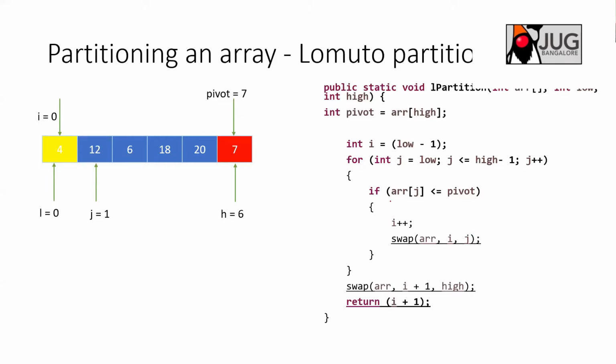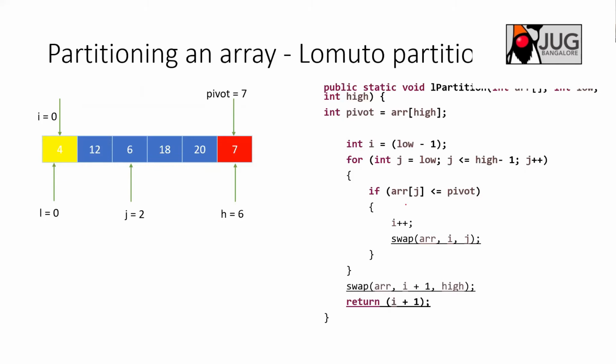So after that, the iteration is over for the first j, where j equal to 0 was the start. Now you go back, so j becomes 1. Again you compare whether array of j is less than or equal to pivot. Pivot is 7, right? 12 is not less than 7, so you will not get inside this if condition. No swapping happens, and j will just be incremented. You go back, so j becomes 2 now. And do remember that i is still pointing at the 0th element.